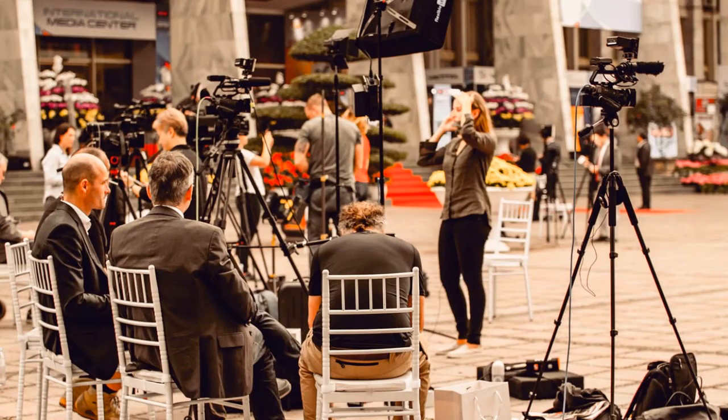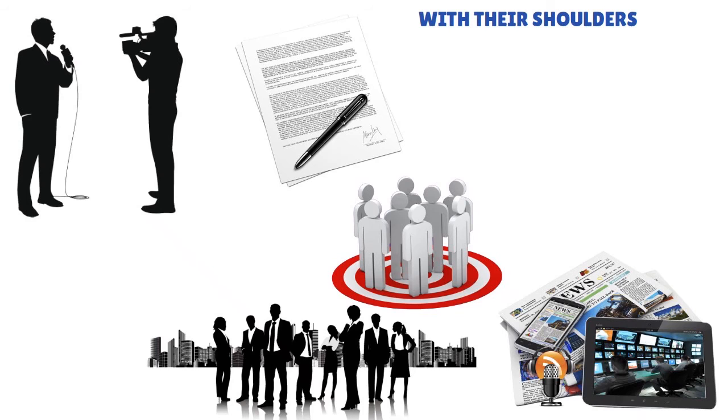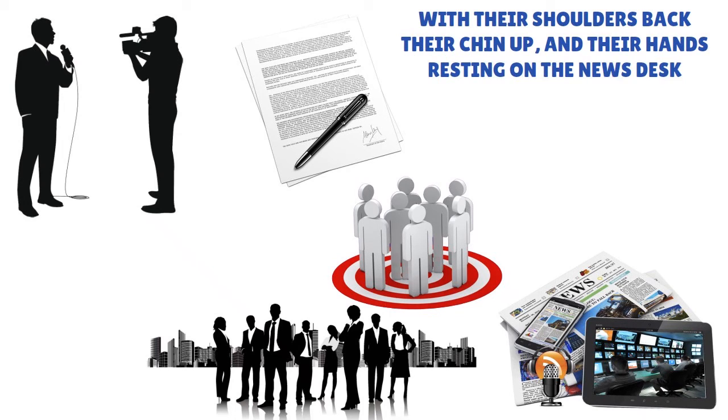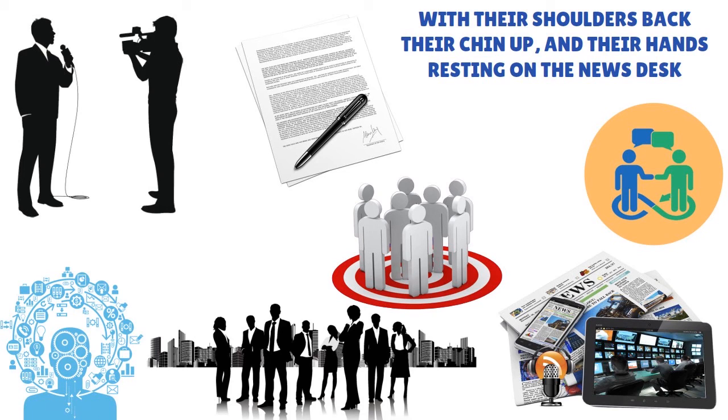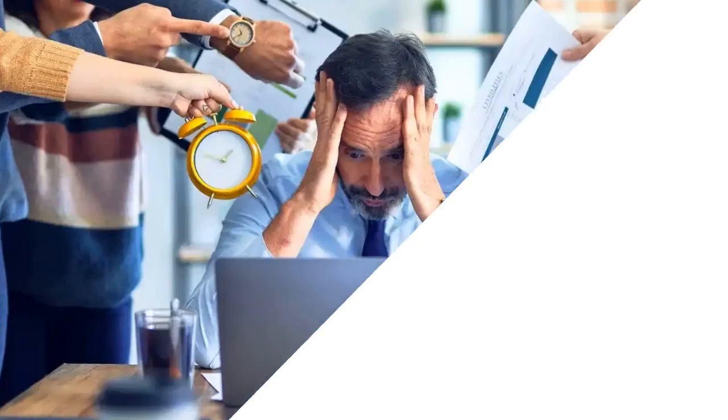And so have the anchors maintain eye contact with the camera during the newscast. They should demonstrate relaxed body language with their shoulders back, their chin up, and their hands resting on the news desk. This is kind of cool because you want to show some kind of peace, to show serenity, to show that they're really comfortable with the news they're delivering. They're comfortable themselves in terms of their biology, their psychology. You don't want to have an anchor who is stressed out.